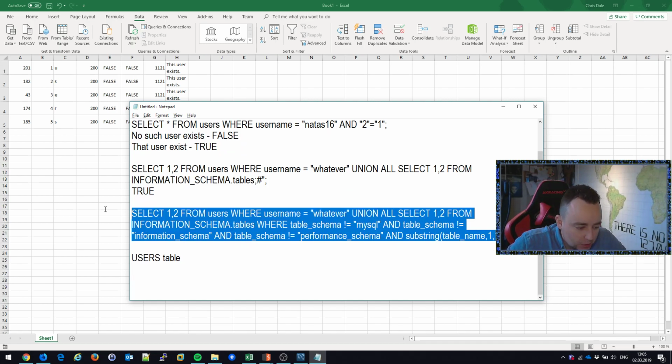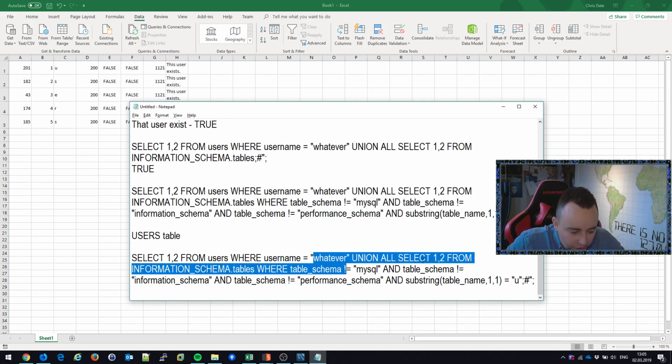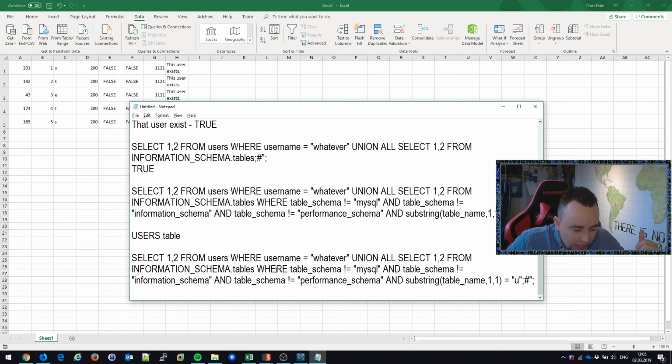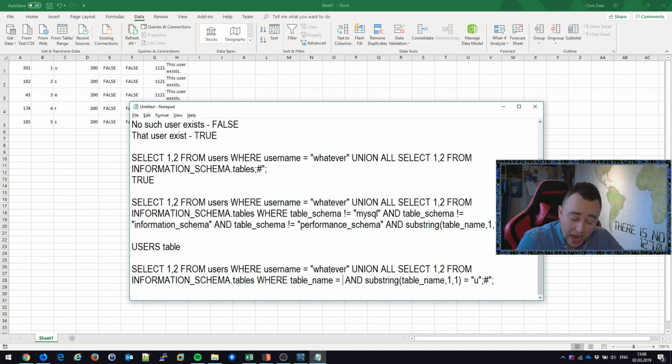So why don't we expand our query even further, and say union all select, blah, blah, blah, from tables, where table schema, we don't need any of that anymore. Table name is now equals users, right? We found out that there's a users table that is not from the default databases. It's in a custom database that the developer put there. So the table name equals users, and a substring of, let's see,